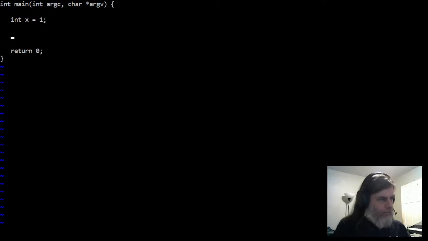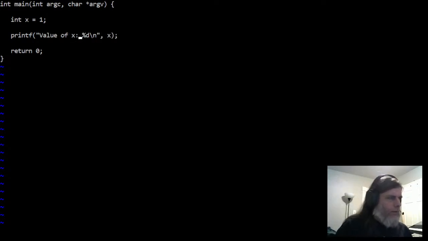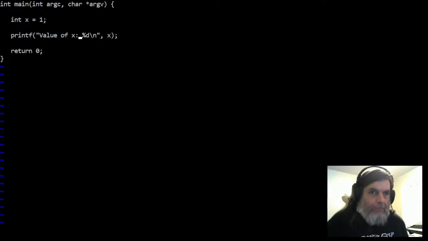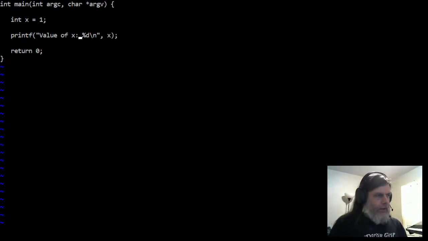And now we want to print it. So a standard function to print is printf. And there, I'll type in some notation here, or syntax. There we go. And let's just put in some other text here, just to be sure. Value of x. So the expectation is that the computer will print out value of x, and then there's this placeholder